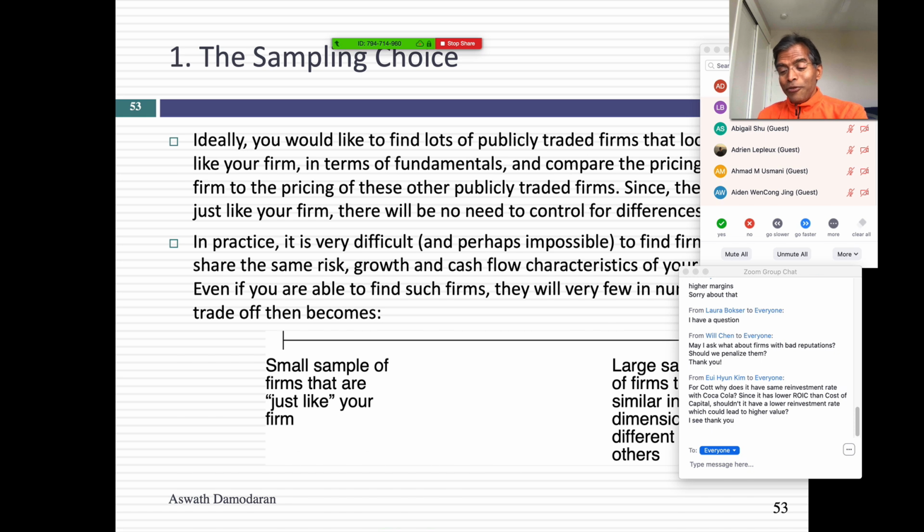So if you define comparable narrowly, you're not going to be able to do much pricing, because all you can do is price Lyft against Uber and Uber against Lyft. Okay? So the first choice you have to make is, do I want to go with a small sample of companies just like mine, which for you will mean just 2 companies in your sample, or should I define this as a much broader business, maybe transportation or a subset of it, where I can get 15 or 20 companies in my sample? My advice is try to get a larger sample.